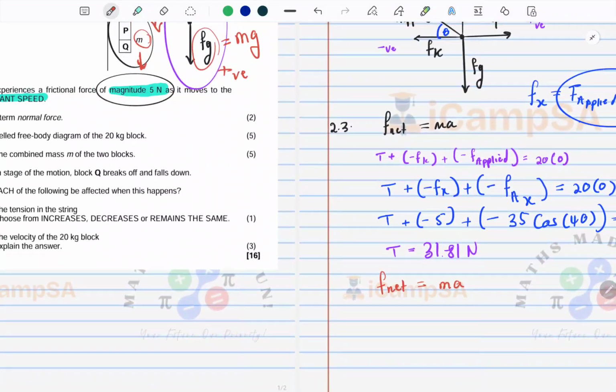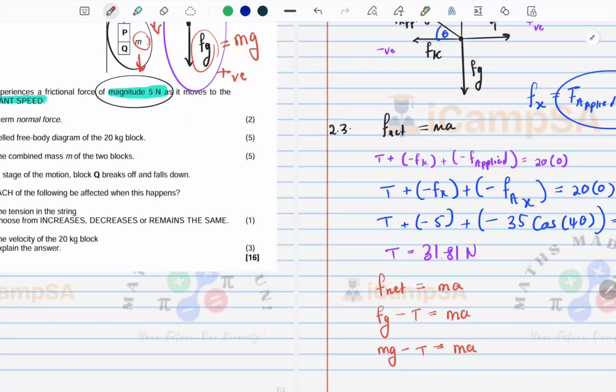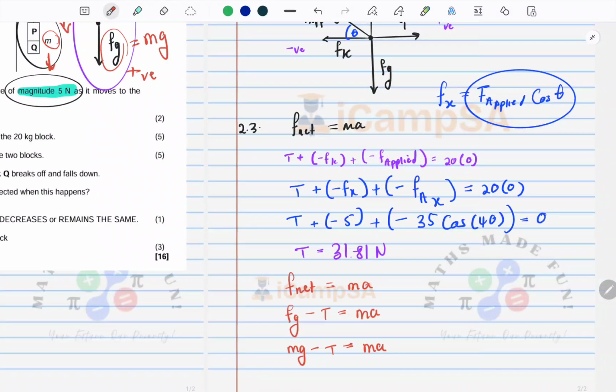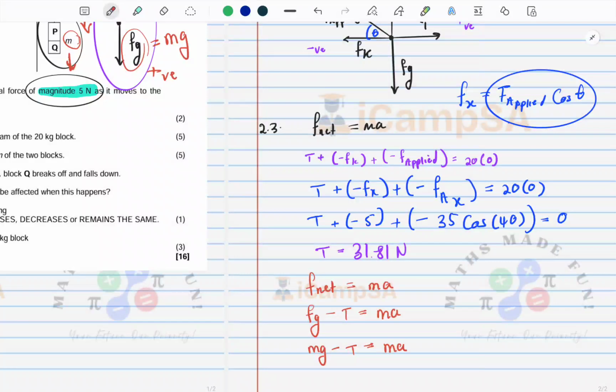If we are using down as positive, we have Fg minus T equals MA. Then you can say mg minus T equals MA again. This is what you have. Now it's a matter of just substituting. So your mg, m we don't know, 9.8 is our g, then minus T is what we calculated already,